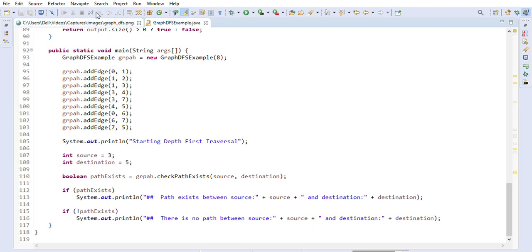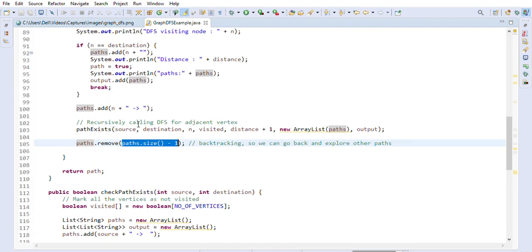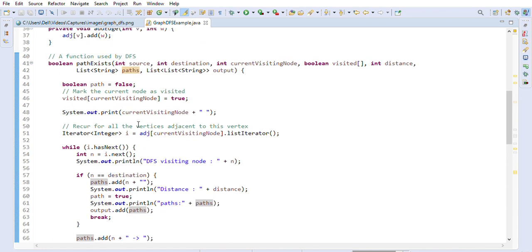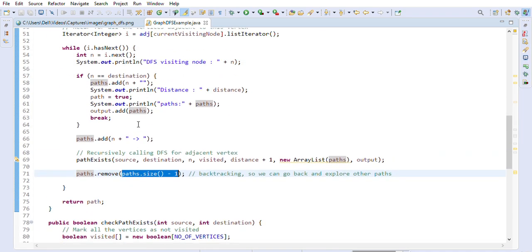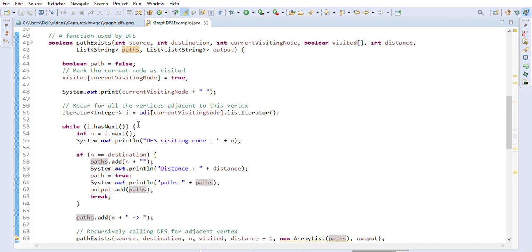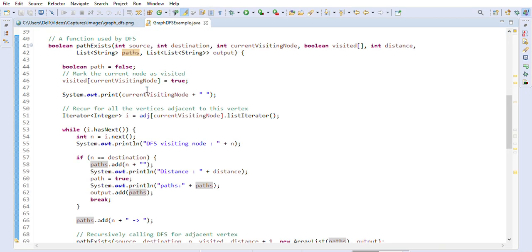I already explained in great detail how the adjacency list is formed, as well as how the DFS is implemented using a recursive program, right? So I think by this time you must have already understood the details of the DFS. DFS will go all the way deep until it can, right? And then it backtracks, and again it tries to explore the path all the way deep, as much as it can, and then it backtracks. So that is how the DFS works on a graph.